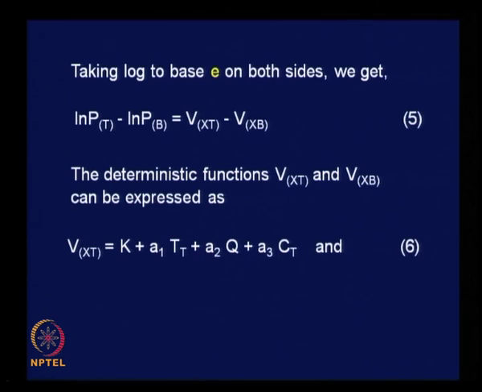So we can write Vxt to be equal to a constant term k plus a1 times Tt. Tt is nothing but travel time by train plus a2 times q plus a3 times Ct. Ct stands for cost of travel by train. Interestingly, we find a term q. This became necessary